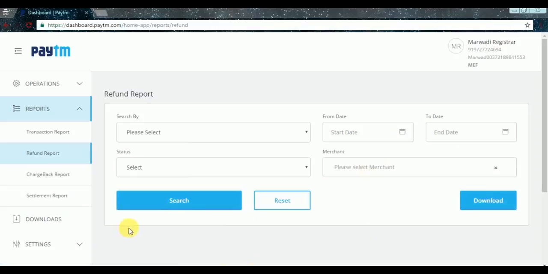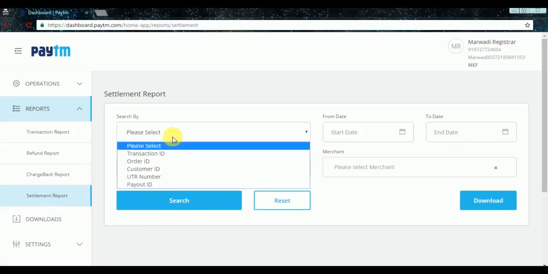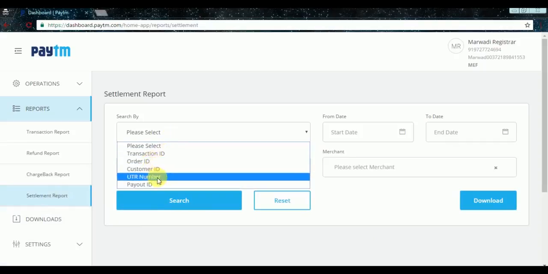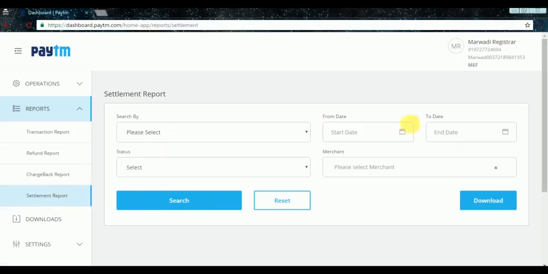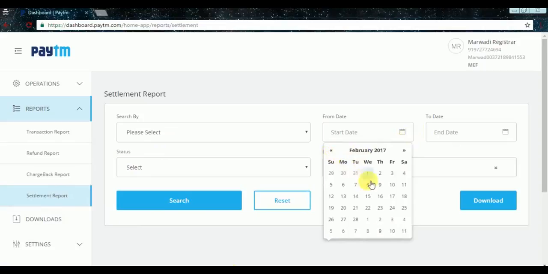Next is how to view the settlement history of a sub-account. Inside settlement reports, you can select various options: transaction ID, order ID, customer ID, UTR number or the payout ID. I am keeping this field as blank and I am checking the reports for the month of February.